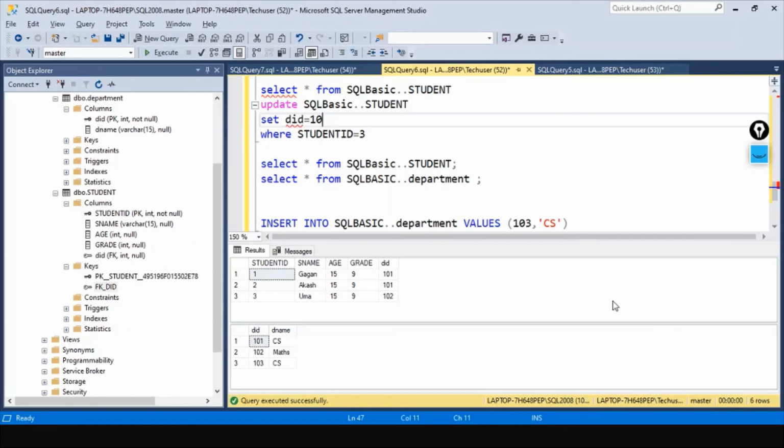This is from my side for the primary and foreign key constraint. There are many more constraints available in SQL, but we have covered only primary key, foreign key, and not null constraint, whichever was required in our discussion. But in future sessions, whenever we require any new concept, we will see all these constraints.